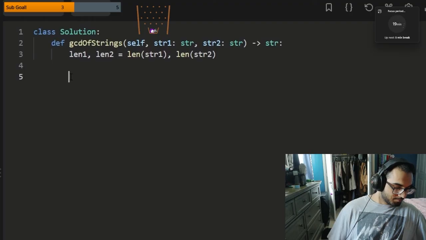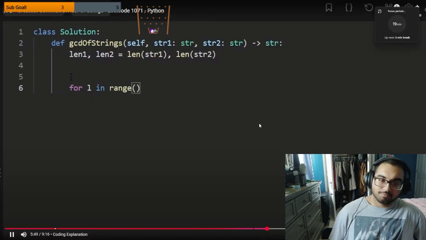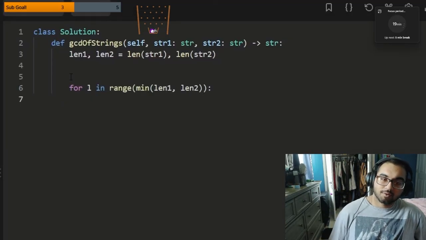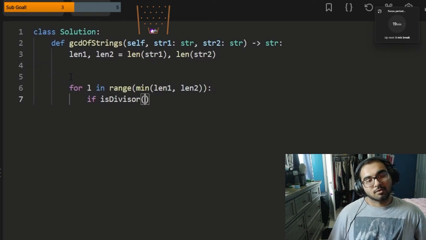Now let's code it up. So we're going to start with the length of each substring, and then we're going to iterate through where L, this is an L, maybe I should make it capital, but I'll leave it lowercase for now. L is in the range of the minimum of length 1 and length 2. And then we want to check if is divisor. I'm going to create a helper function to do this, where the substring, we can pick either one, string 1 or string 2, because if it's a divisor of one, it has to be a divisor of the other. So we'll pick just arbitrarily starting with string 1, so a substring going from the beginning all the way to